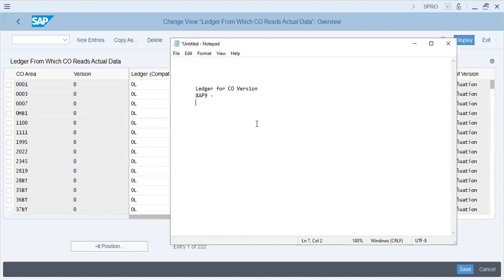Okay, now this is your controlling area, and ZAP 9. Version: we have multiple versions 1, 0, 1, 2, 900, 9, 9, 999. These are custom made with the 99 series, and these are standard. Now, version is basically